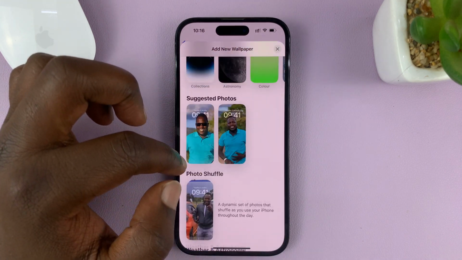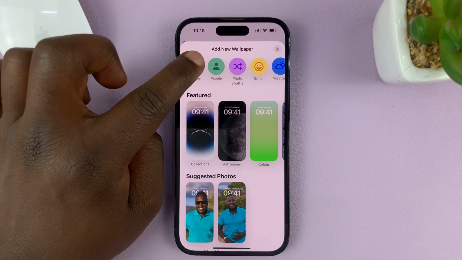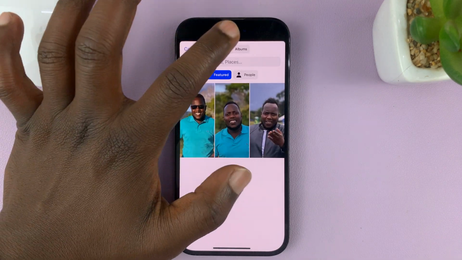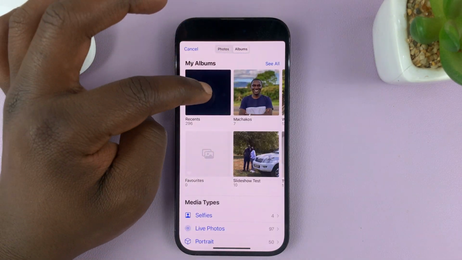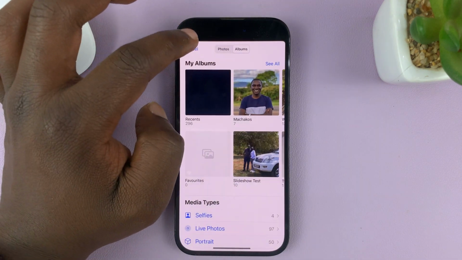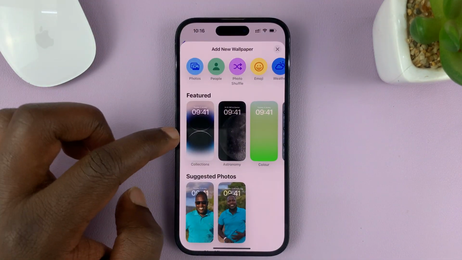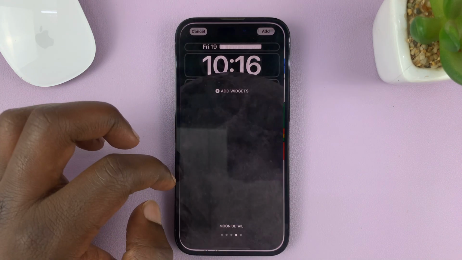Or if you want to use one of the photos in your gallery, just tap on photos at the top. That takes you into your gallery and you can choose from there, okay? You can just choose from one of the photos in your gallery what you want. So let's say, for instance, I want to choose this one for astronomy, okay? So I'll tap on that